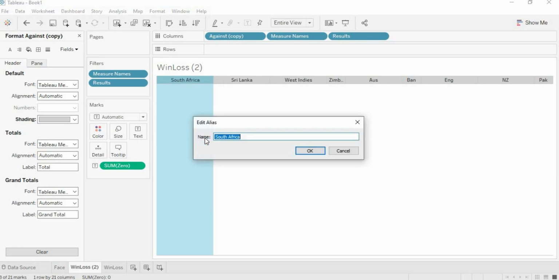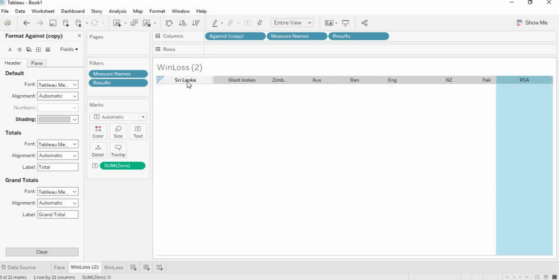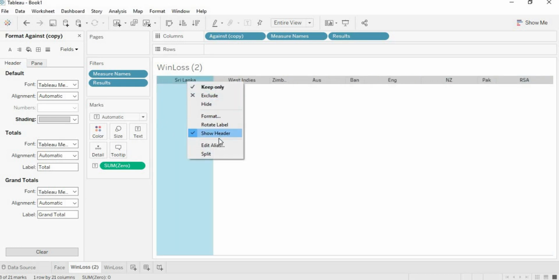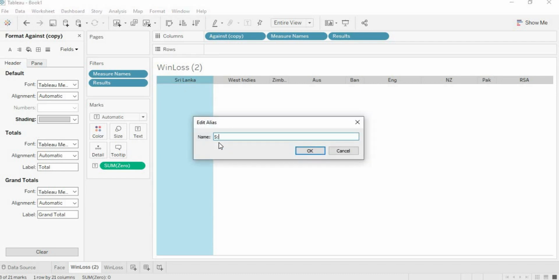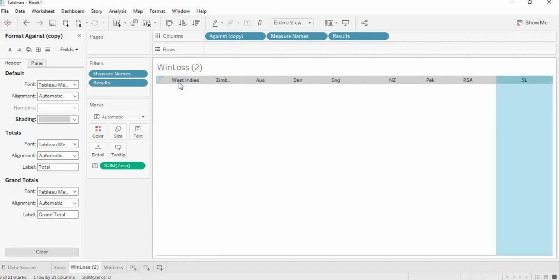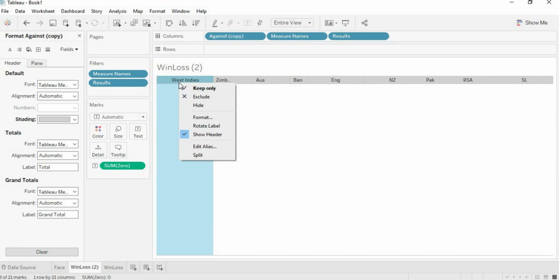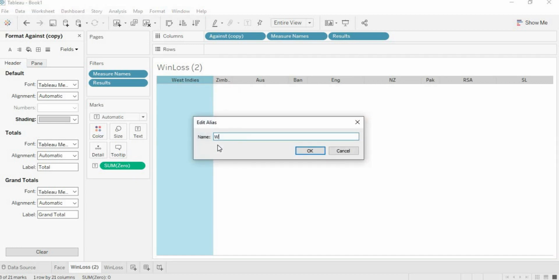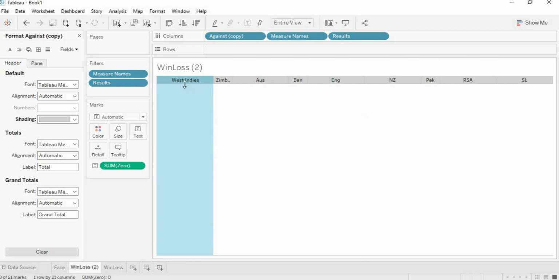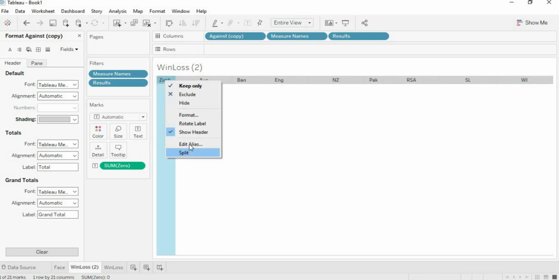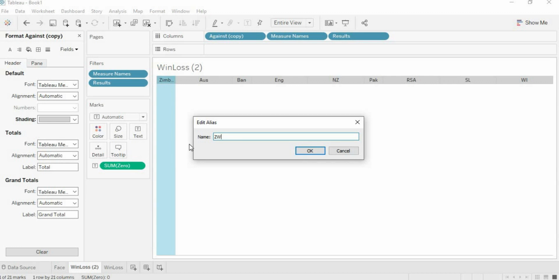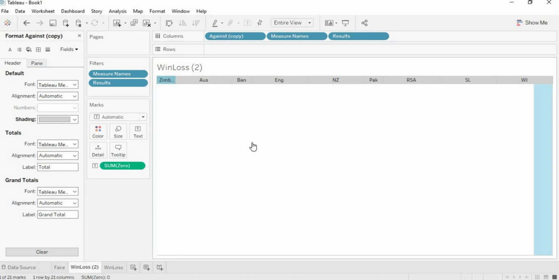Edit aliases, South Africa. Edit aliases, Sri Lanka. Edit aliases, West Indies. Edit aliases, Zimbabwe. Okay, so this is what we will be using as header for this win loss chart.